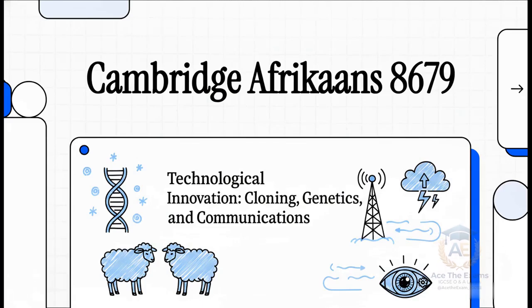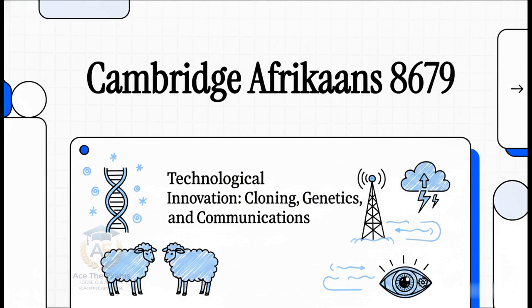Welcome to the Masterclass. I'm your host, and today we are stepping directly into the role of an elite curriculum architect. We are going to completely decode the Cambridge AS-level Afrikaans language exam, specifically focusing on syllabus code 8679. But listen, we aren't just looking at the foundational language basics today. No, we are targeting one of the most highly technical, notoriously complex, and high-tariff modules in the entire Cambridge curriculum: